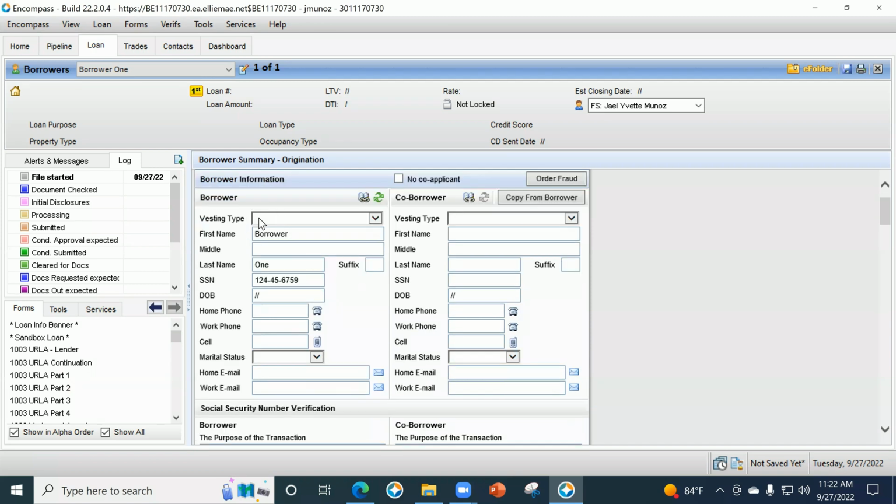The vesting type is always going to be individual. Your borrower's name, again, you want to put it the way your borrower wants to take title. For instance, my name is Jael Munoz. I can go ahead and put Jael Y. Munoz. I may not want to spell out my middle name, right? And then you're going to put the date of birth,